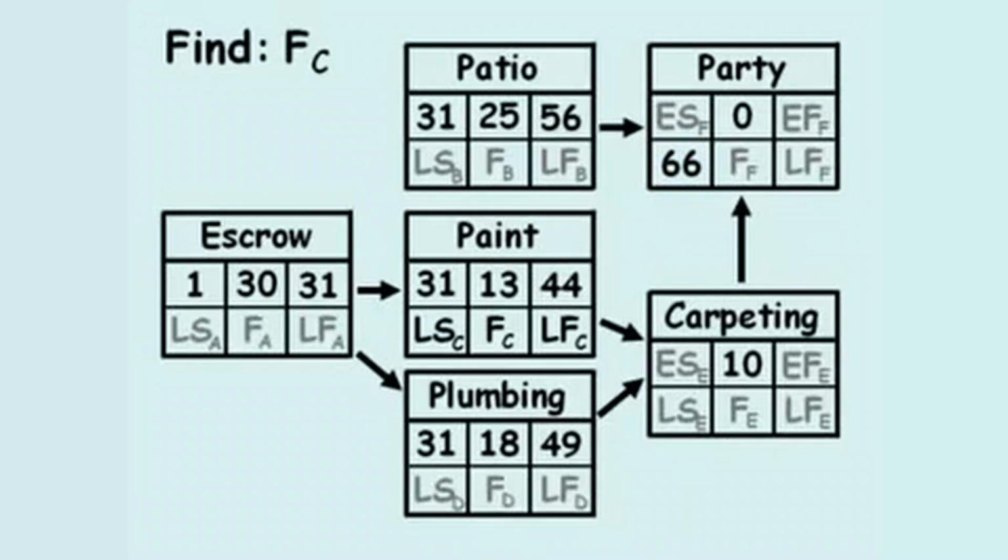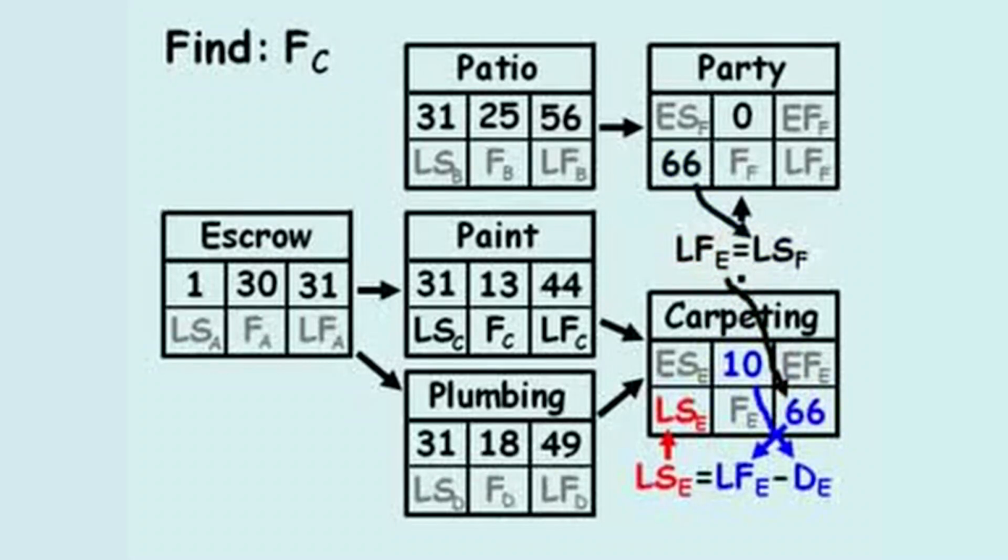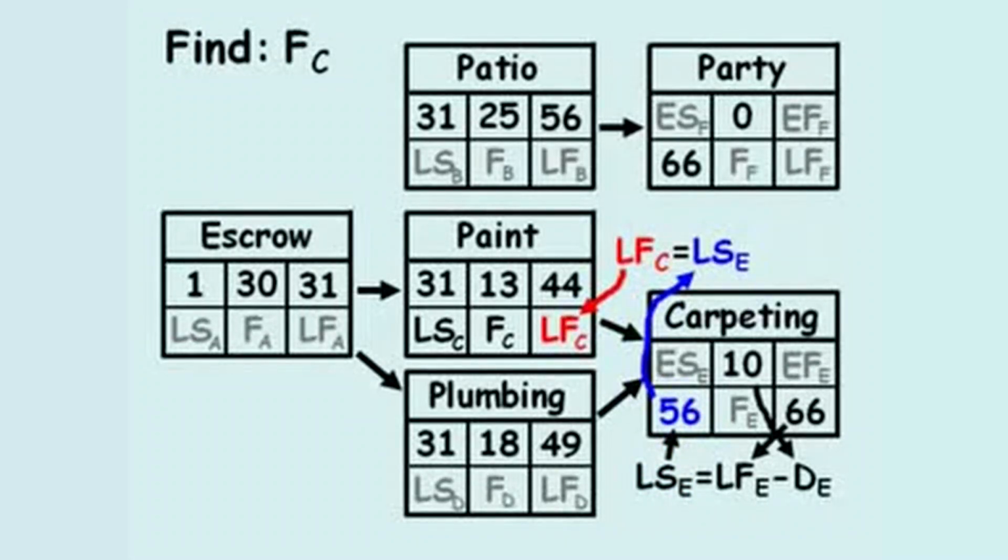And since we're only interested in the values of activity C, the paint work, we'll only trace backwards in that direction. The latest the carpet work can finish is 66, because the carpeting must be done by the time the party begins. The latest the carpeting work can begin equals the late finish minus the duration, which equals 56. Since carpeting can't begin until painting ends, the latest the paint work can end equals 56. At this point,